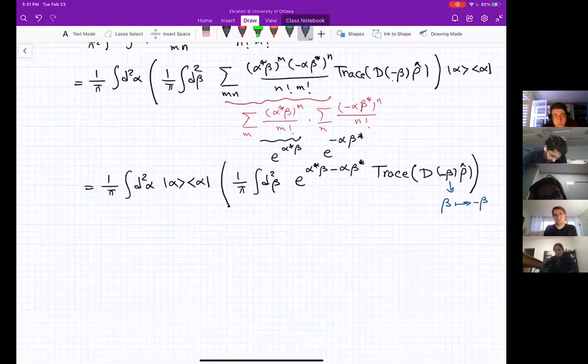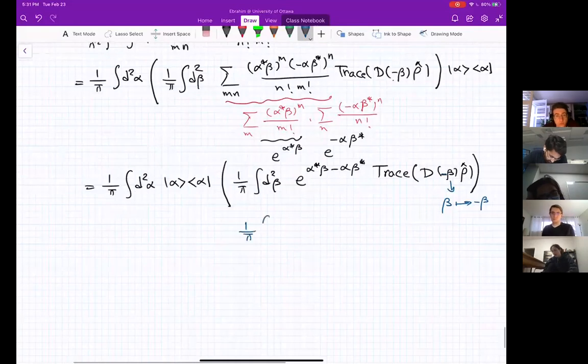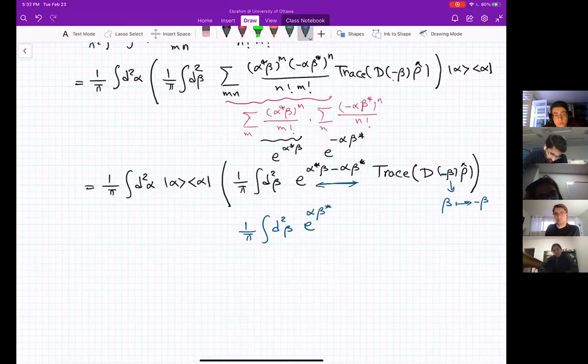Any beta to minus beta, then this integral will be inverted. Then we will get a minus sign, which goes back again. So we will get 1 divided by pi integral of d2 beta exponential of alpha beta star. That will be swapped. Remember that exponential term will be swapped, minus alpha star beta trace of